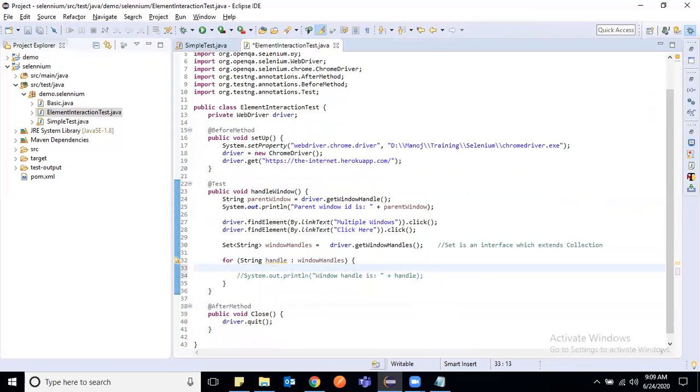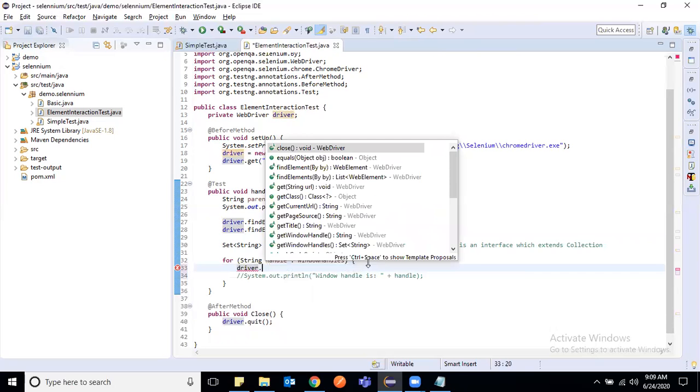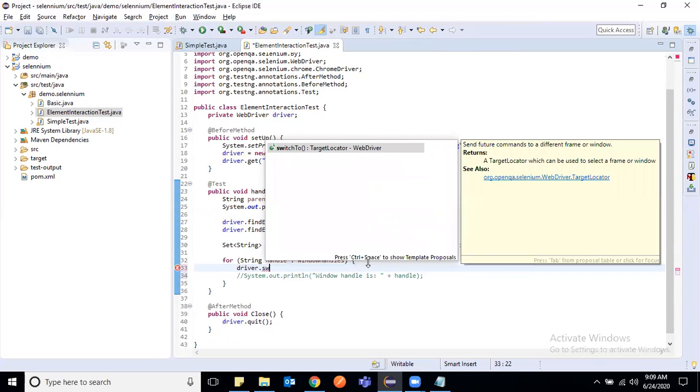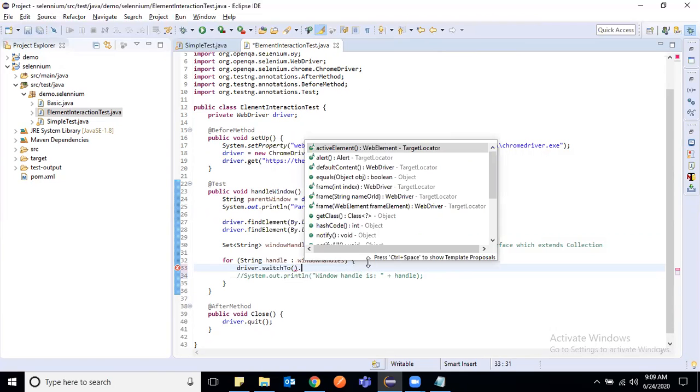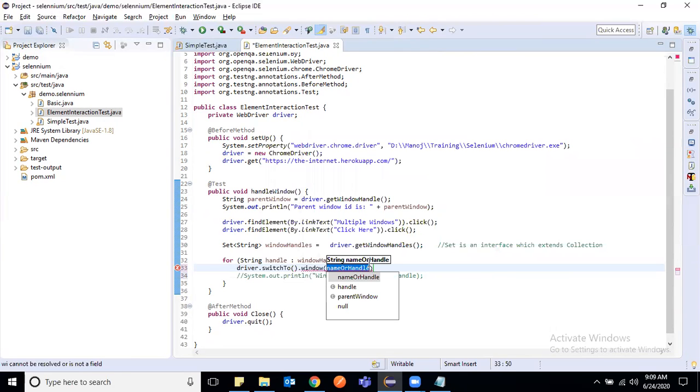Let us write driver dot switchTo dot window, and here I can give handle. Each time it will switch to the window whatever ID is available.